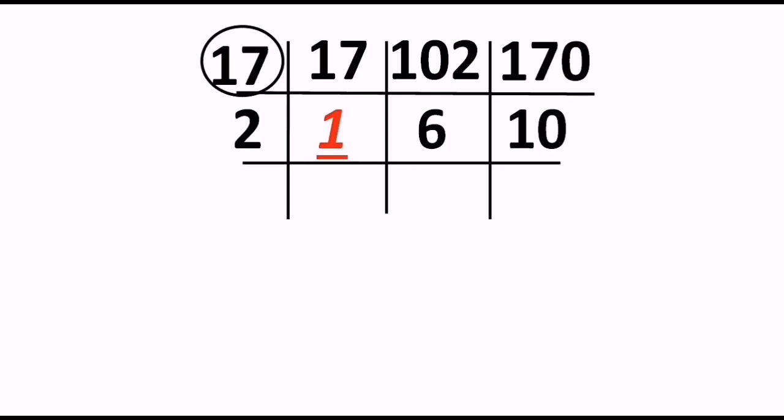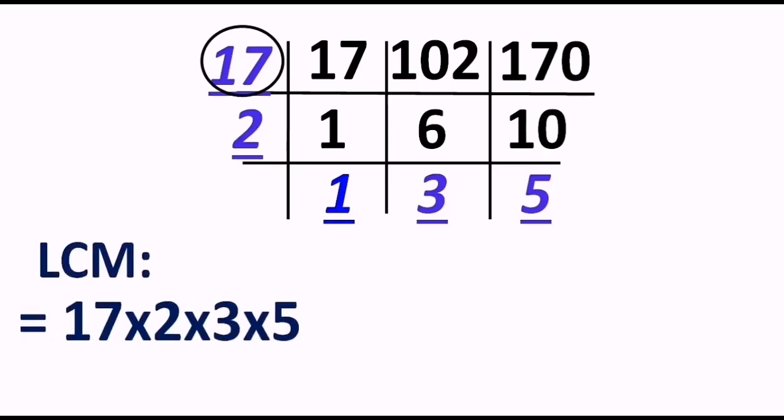When you divide 1 by 2, we get the same 1. When you divide 6 by 2, we get the answer 3, right? And when you divide 10 by 2, we get the answer 5. So that makes our bottom layer 1, 3 and 5. Now presently, 1, 3, 5 cannot be divided by any other number, right? And so all those numbers, the bottom one and those on the corner side, I mean to say on the LHS, must be utilized to find the LCM in the product form. And when you multiply all these numbers, see in the list I have not taken 1, because taking 1 in the multiplication doesn't change any value, right?